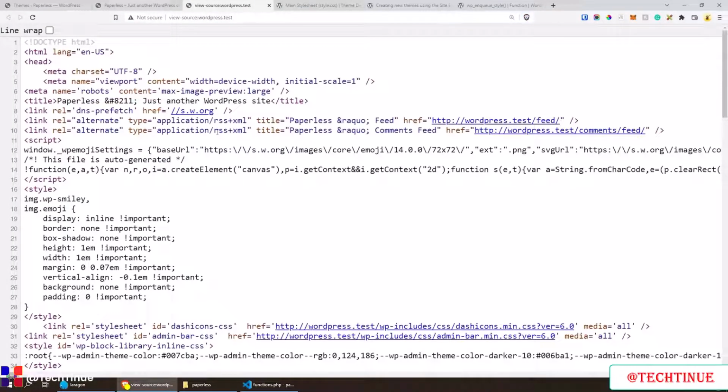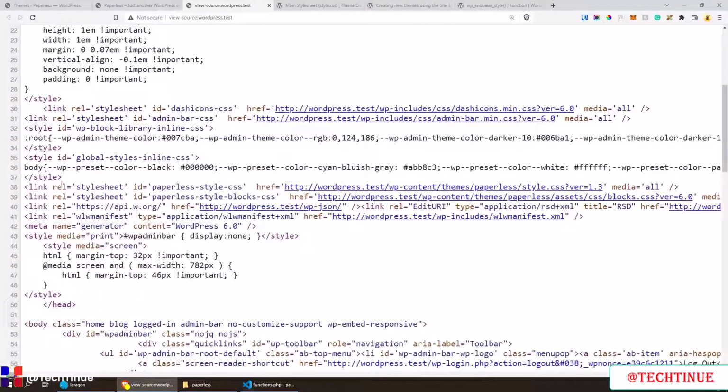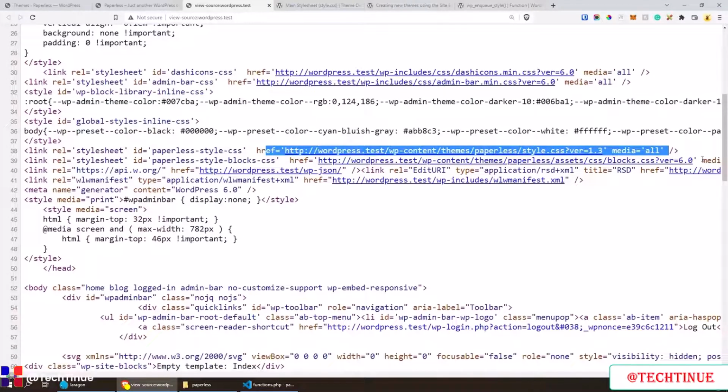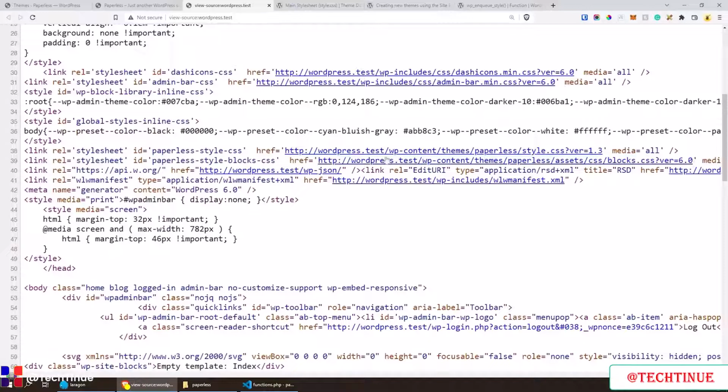So what I want to demonstrate now is if we do Control and U to inspect the source code of this page, what I want to see is whether we have the style.css inside here. So if I scroll down a little bit, you see the first link in here. So we have theme, paperless, style.css. We just included this, which is awesome. And if you look just below it, we have the paperless folder, assets, css, blocks.css. So this is how you can enqueue multiple style sheets. Just make sure that the names are unique, the IDs are unique,